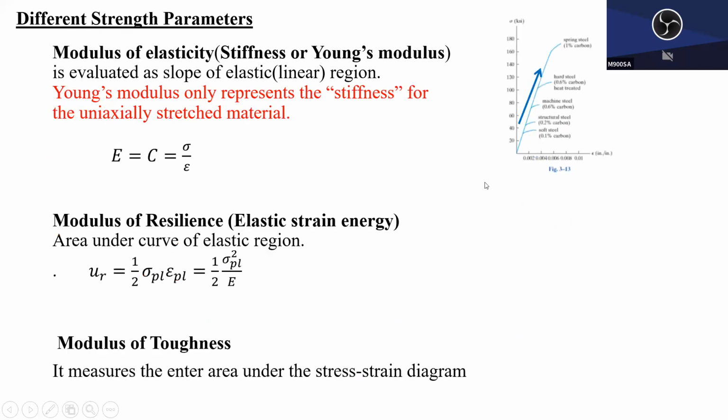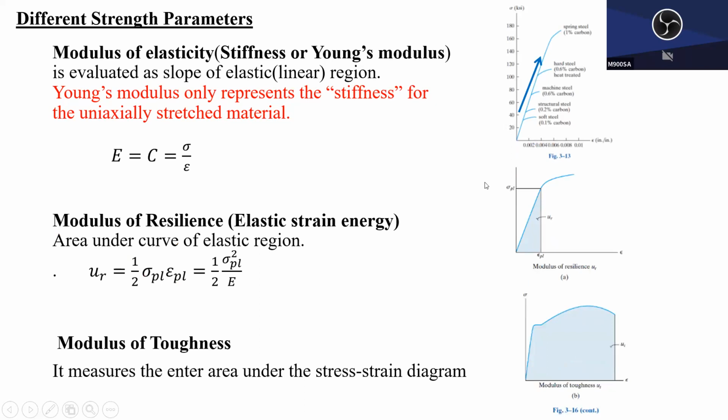A couple of the terminologies. Stiffness, or Young's modulus, is the slope of this linear stress-strain relationship. If we measure the area under this curve, area usually means how much energy is stored in the object through that process. So if this area is bigger, that means more energy can be absorbed by that object. That is the elastic strain energy. Of course, bigger is better. If you have a steeper object, the triangle is bigger, so the area is bigger.